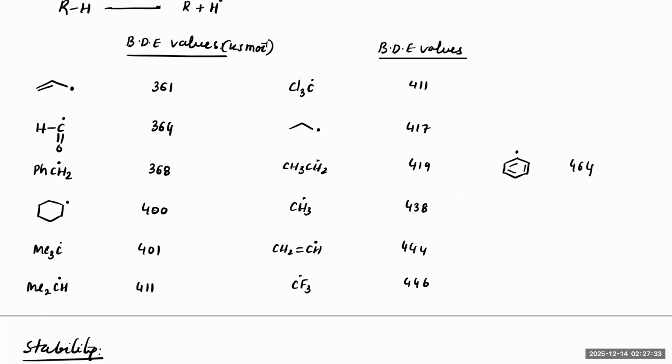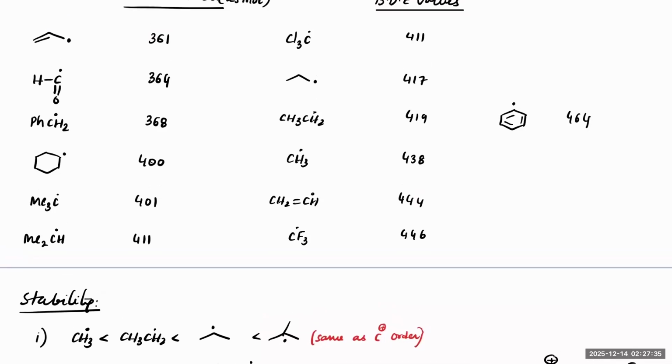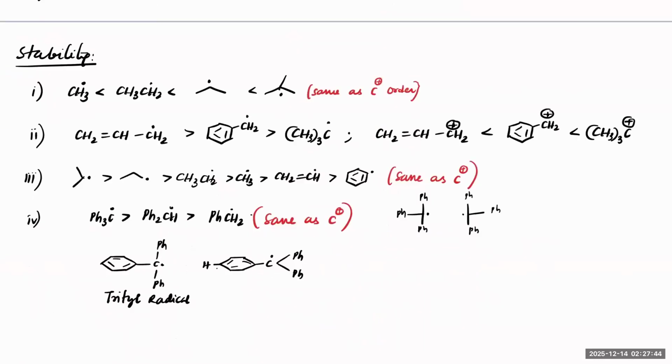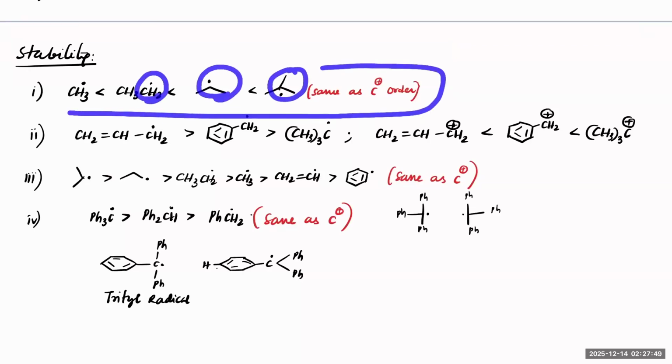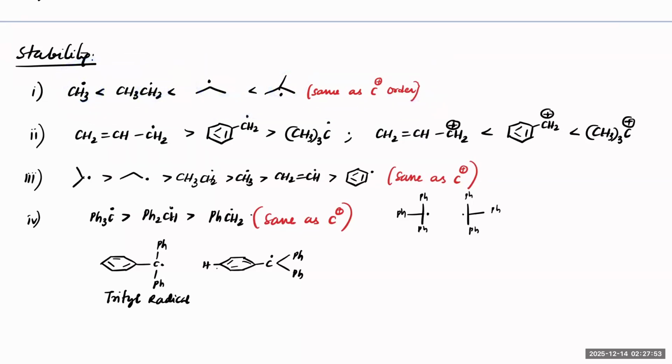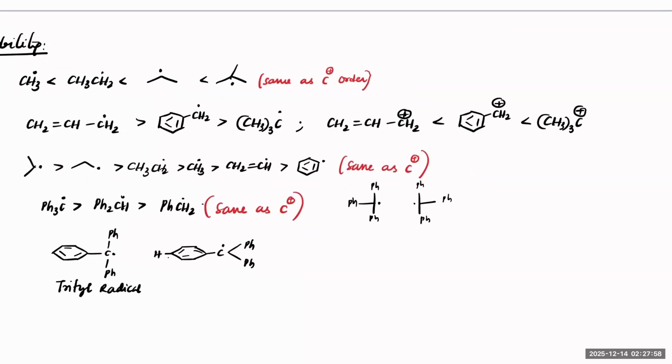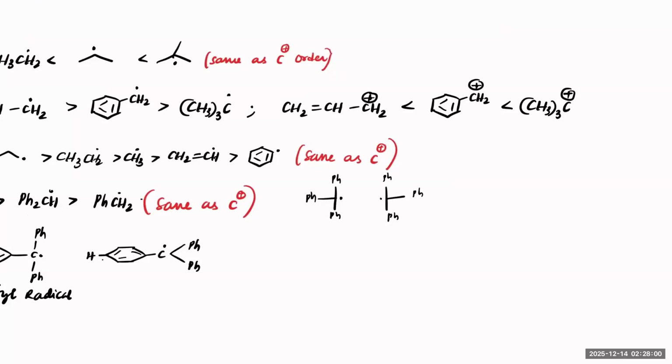Now you will see some pattern that the radical stability is very similar to carbocation stability, except in a few cases. See, first case, you can see 3 degree greater than 2 degree, 1 degree, and methyl. This is the same thing we learned in carbocation. Okay, next. What we learned is exactly reverse when it comes to carbocation order of these three. That is,